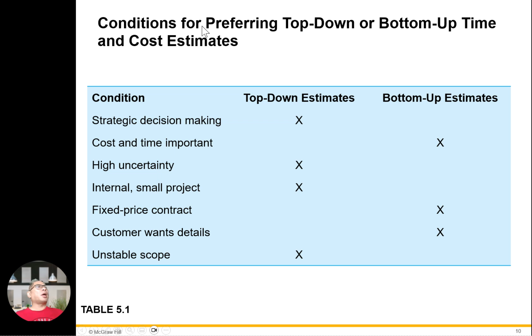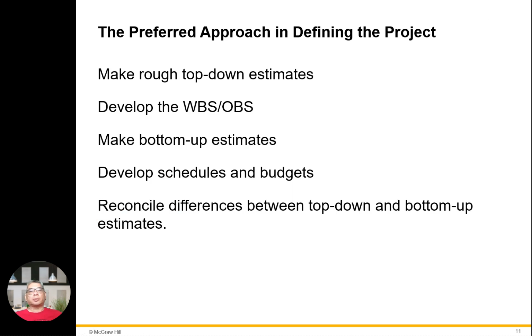In terms of top-down and bottom-up cost estimates, this is the top-down estimate. There is strategic decision making here, high uncertainty, an internal small project, a stable scope. For the bottom-up cost estimate, cost and time are important, it is a fixed price contract, and the customer wants detail. Okay, make a rough top-down estimate. Follow the flow of the WBS and OBS, make a bottom-up estimate, follow the flow of schedule and budget, and reconcile differences with the top-down